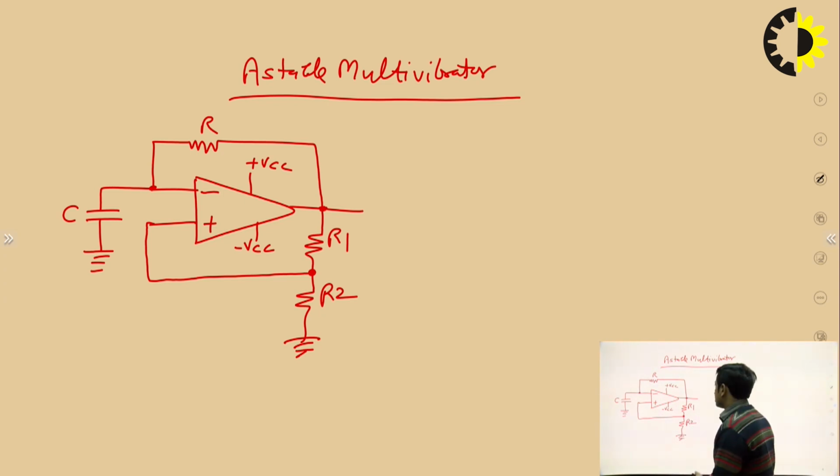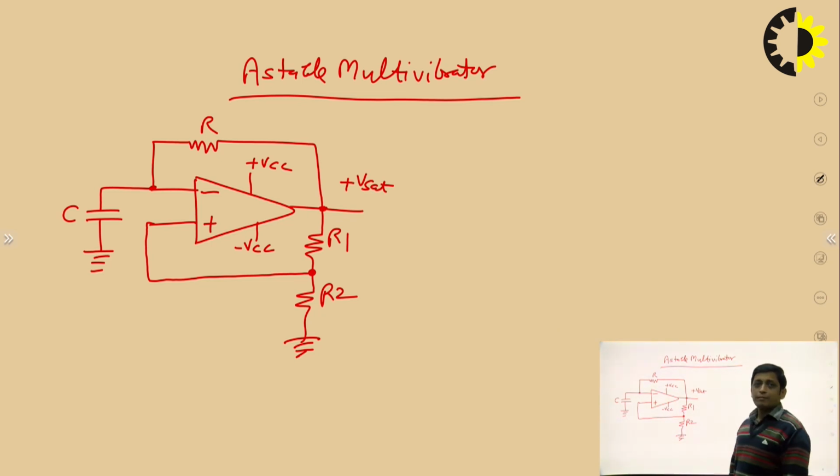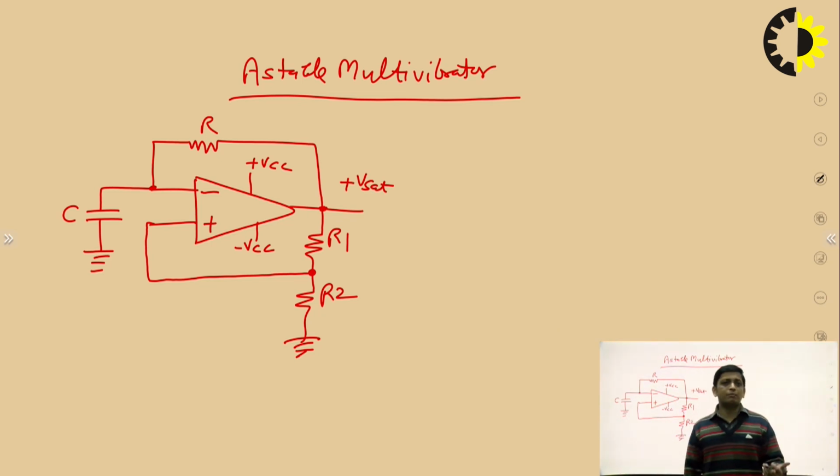So let's say the op-amp output is at plus Vset. The op-amp output can be either at plus Vset or minus Vset. Let's take the op-amp output at plus Vset. And one more thing, the output will be at plus Vset when the voltage at the non-inverting terminal, that is the